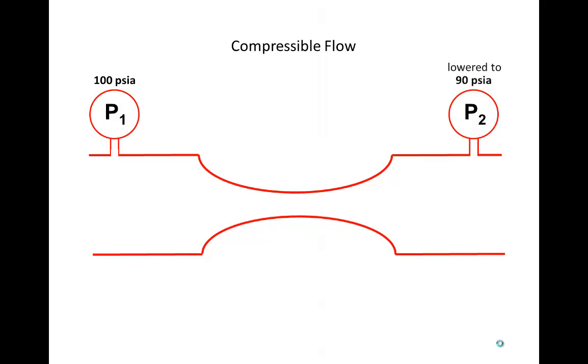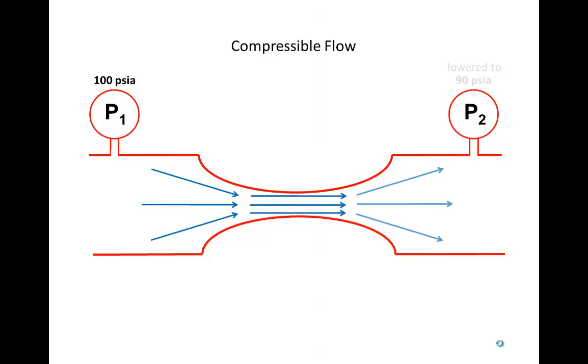What if the pressure P2 downstream of the neck was lowered to 90 psi A? Well, then air would begin to flow from the pipe through the neck and back out into the pipe. And because the pressure difference is only 10 psi, let's call that slow flow. And the flow rate is equal to the velocity times the area, and if the velocity is pretty slow, then we'd get a pretty small flow rate, simply due to the fact that we have a very low pressure drop